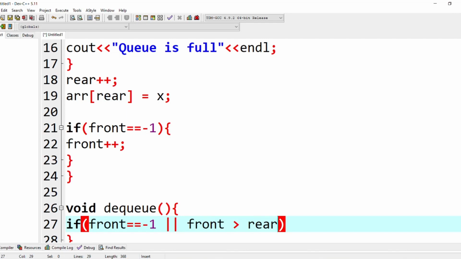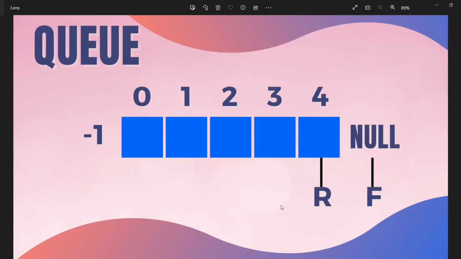I can explain further by showing this picture. You can see here we inserted one value, and then next, and so on. And this is our last index, where our rear pointer is pointing, and now we started to dequeue all values. First of all we dequeue the value of index 0, then our front pointer is incremented, and the next position should be 1, and then we again dequeue a value from our queue, then our pointer should point to index 2,